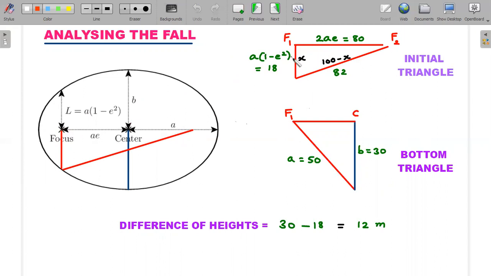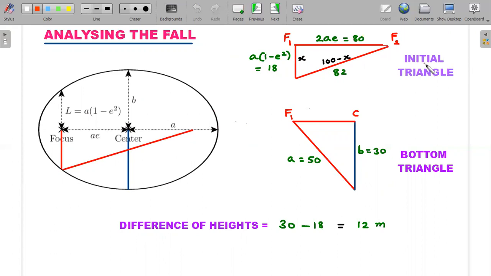So if you already know the length of the semi-latus rectum from your maths as a into 1 minus e squared, and substituting the values of a and e from the previous page, you can easily determine this as 18 and 82. For those who are not mathematically strong in the ellipse geometry, we should also be able to do this as a simple Pythagoras equation of this length being x and this being 100 minus x, and 80, x and 100 minus x should form a Pythagorean triplet, which also will reveal upon solving that 18 and 82 are the two sides of this particular triangle.